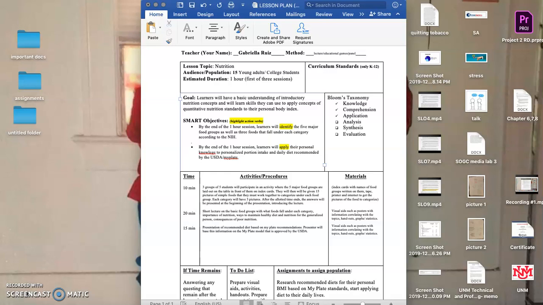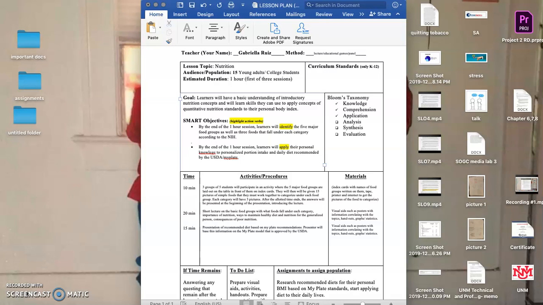My objectives are that by the end of the session, they will learn to identify the 5 major food groups as well as 3 foods that fall under each category, according to the NIH. By the end of the 1 hour session, students will apply their personal knowledge to personalize portion intake and daily diet recommended by the USDA/myplate recommendations. So I will start with a short 10-minute game